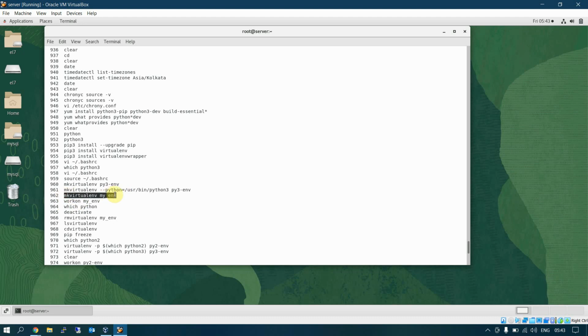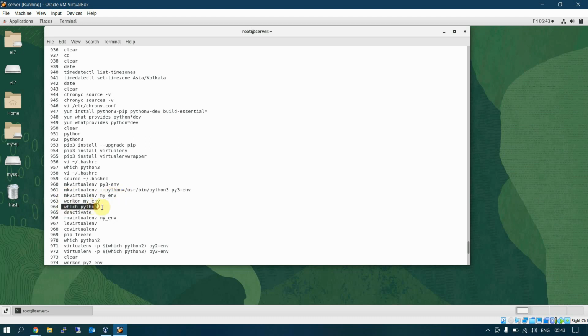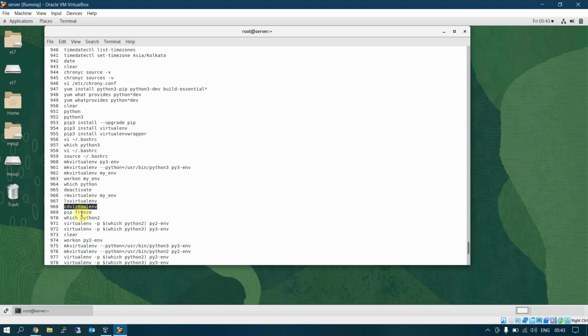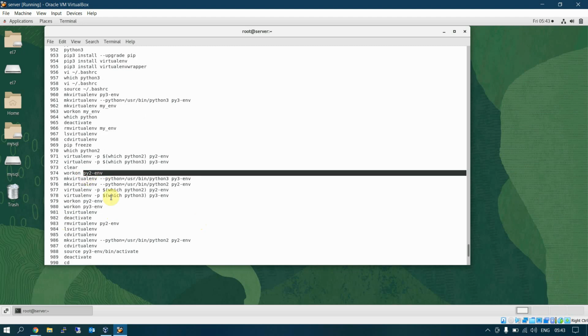Here I created a new environment. I worked on that environment and I checked which Python is working in this environment. I deactivated that, I removed that, I listed, and nothing was available. The cd will not take me there because there was nothing. Then pip freeze, I checked all modules. Then I checked which python2 I have, and I created a virtual environment Python 2, and then I worked on the Python 2 environment.